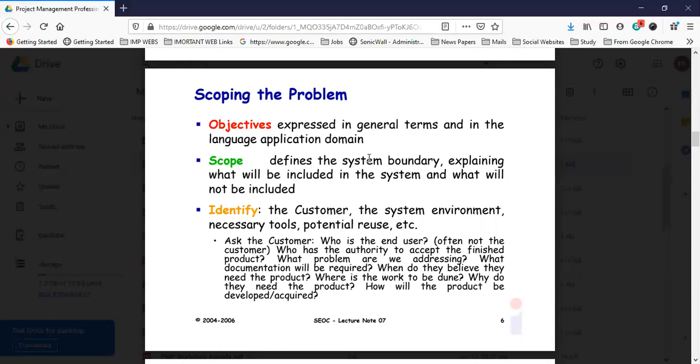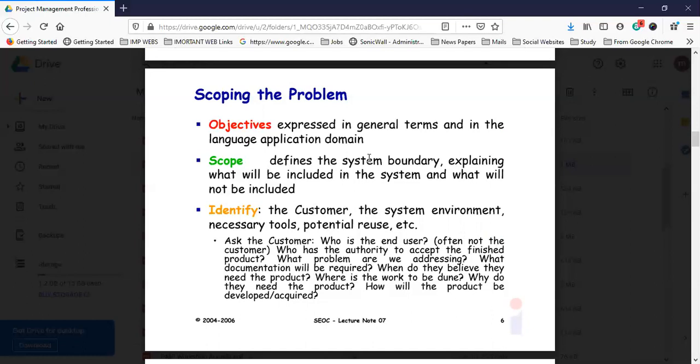So these questions identify what the customer needs and everything. You have to ask yourself what type of documentation, what type of work we have to do, what type of resources and skills we require, and take care of all these things before we go into the project. The scope and boundary need to be set, because you have to define the scope of the work first of all. The objective is in general terms, in the language of the application domain: what type of domain you are in and what your objective is. Different domains have different objectives, different vision and mission.